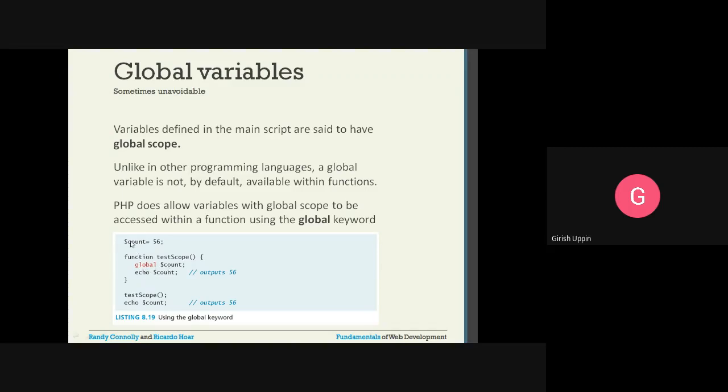For example, you can see here, in the main PHP tag, I have a $count variable. Declared as global inside the function, this will become visible inside the function. If you say echo $count, now it will not give any kind of error. It will display 56 onto the browser. Similarly, this is the calling of the function, which will output 56, and again the statement inside the main script will have access to this variable, and it will output the 56 value.